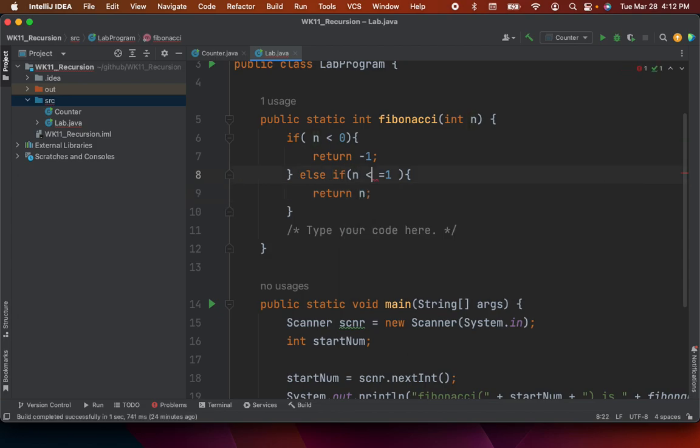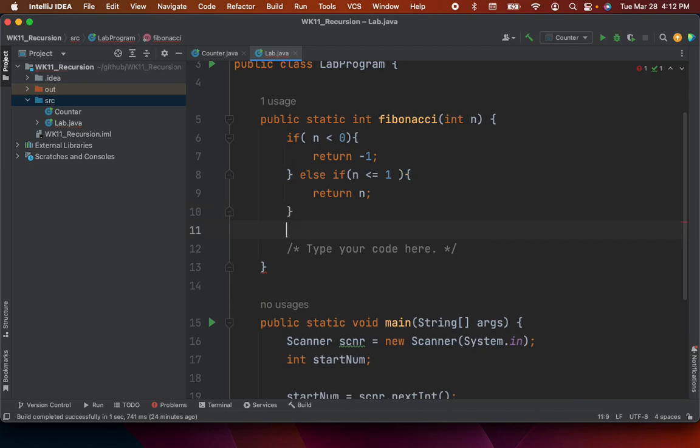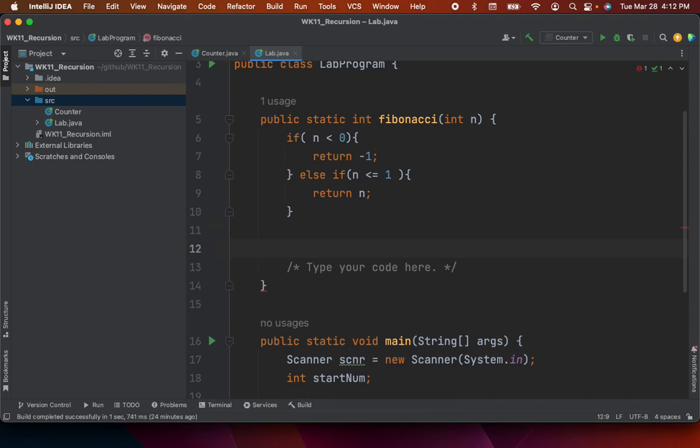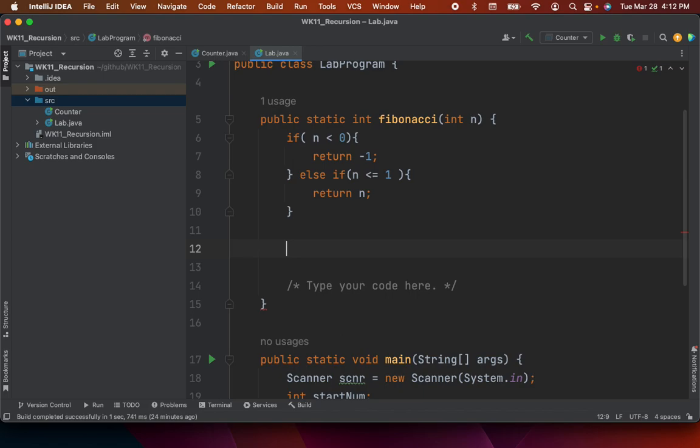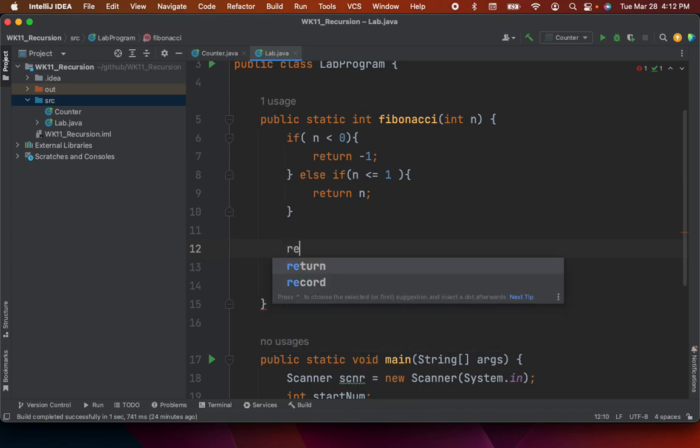I made a mistake here in my code. Can't put spaces between the less than or equal sign. Okay. Now, that's the short circuit, right? So what we need to do is, if it doesn't meet any of these criteria, then we're going to do the methodology. So we're going to return